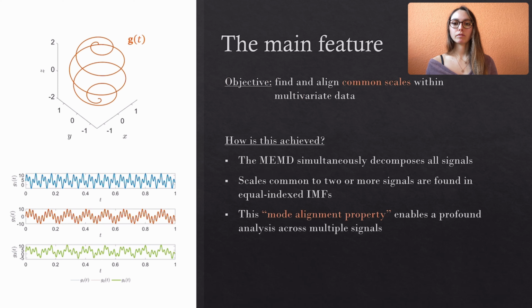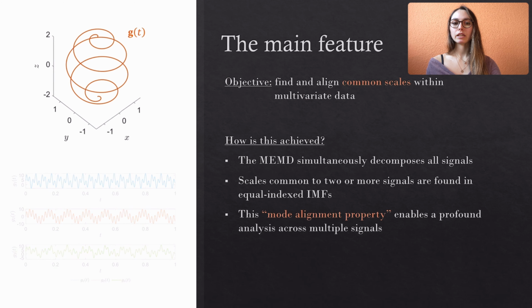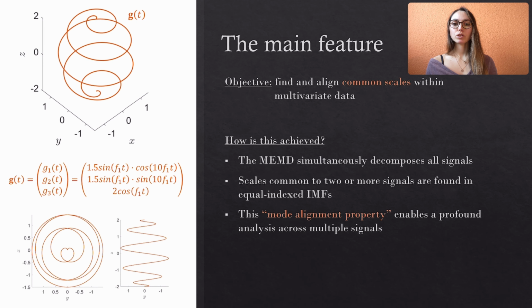behave similarly. In the following explanation of the algorithm, we will use the trivariate data G of t. The top image obviously shows the 3D view, and the bottom figures provide top and side view. I have mainly chosen this data for visualization purposes of the algorithm. Since all three components possess the same frequency f1, the resulting modal distributions are not very exciting. If you want to see how the MEMD extracts frequencies common to different signals, please watch my preceding video on